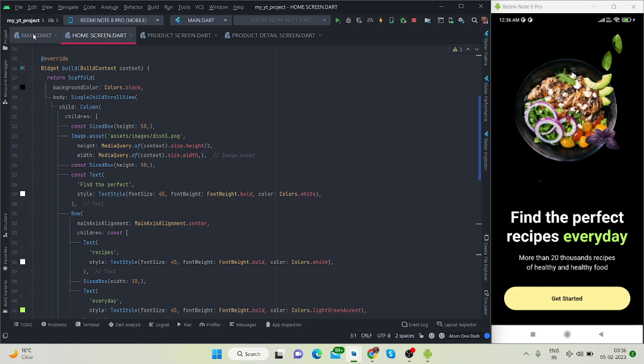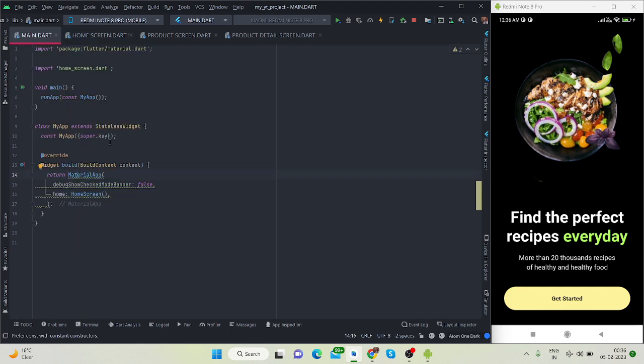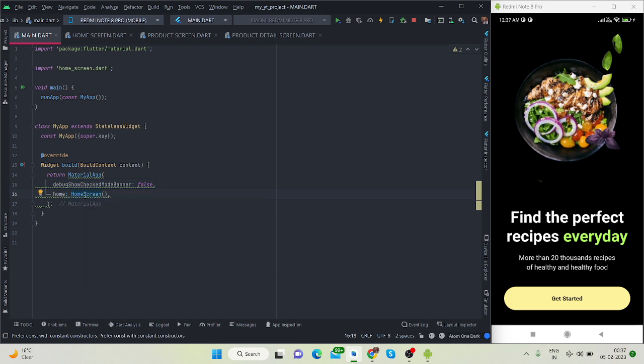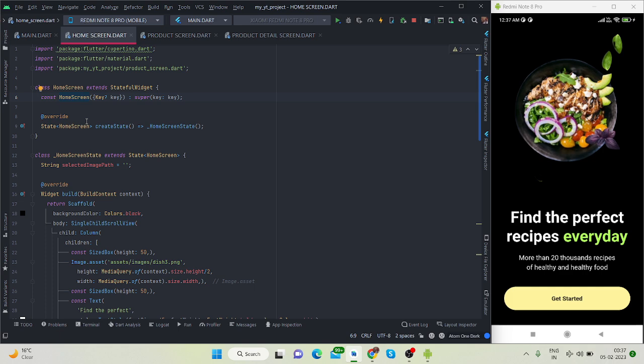So first of all, after creating application, I have deleted all the things inside this material app and home. I'm calling home screen, and I have made this debug show check mode banner false because there will be a banner tag. So if you want to remove that, you will have to do this small change. And let's go to the home screen. So this is my home screen,